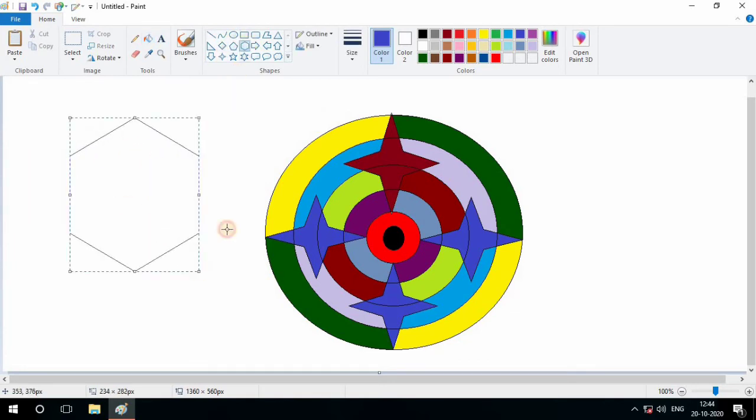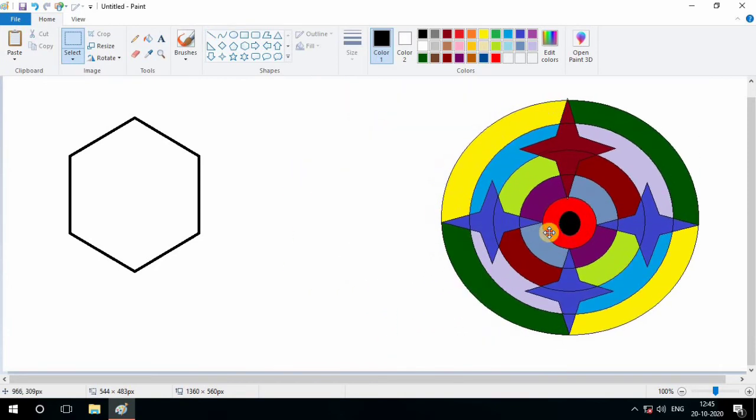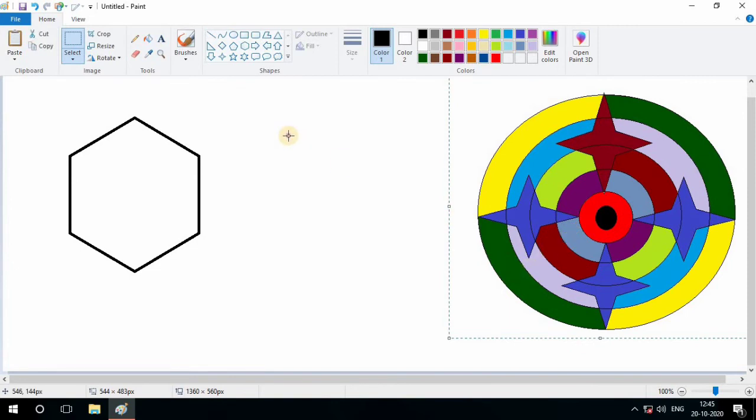You can drag the different shapes, lines also, and draw anything. See, one another thing I want to display here. Select this whole picture by clicking the mouse left button, and now see, I want to move this picture here, so it can move here easily. Understanding how to move the picture from one side to another side? It's so easy.